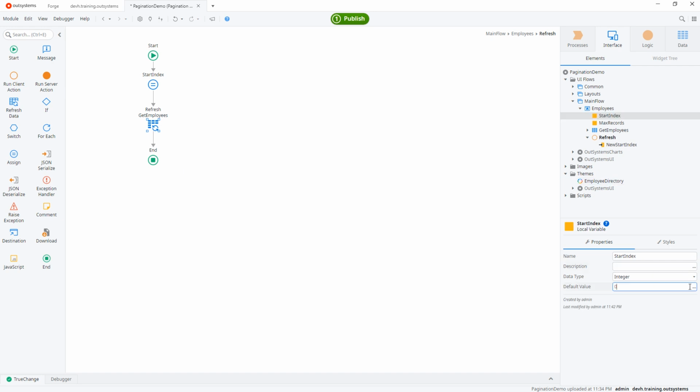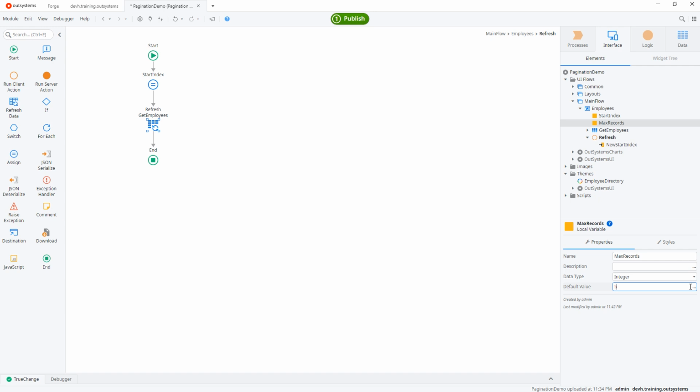By default, we will start with the start index as 0, meaning the first record. For the max records, we'll set a default number of 5, meaning we want 5 records per page in the table. When the user changes page, and the refresh action runs, it will take into account the current start index and the max records to determine the new starting index for the new page. In this case, when changing from page 1 to 2, the new start index will be 5, to display the